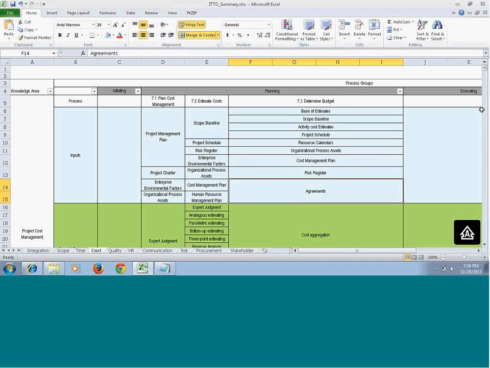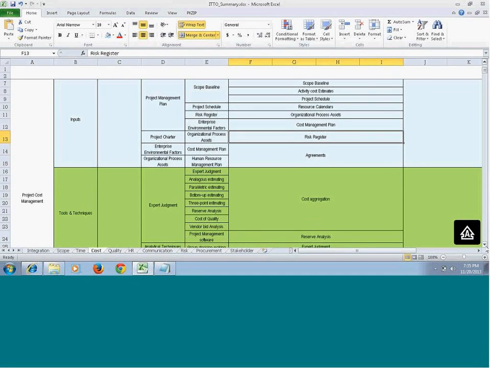All this will come into the picture because you need to consider the project risk to calculate the contingency reserve or the management reserve. So these are all very important inputs to determine budget.